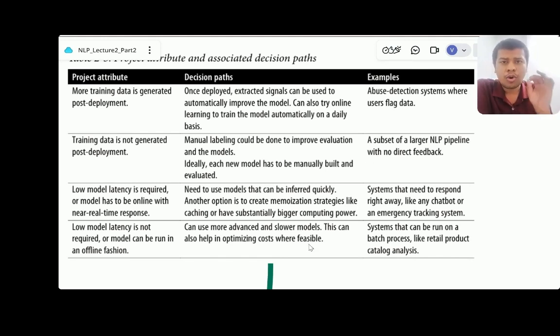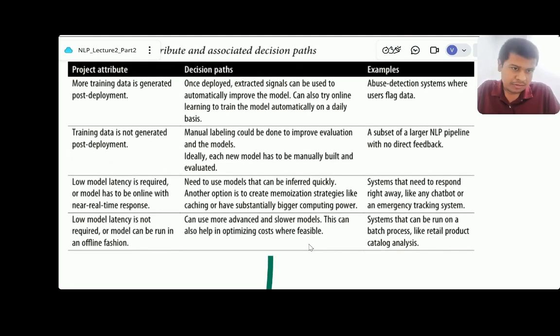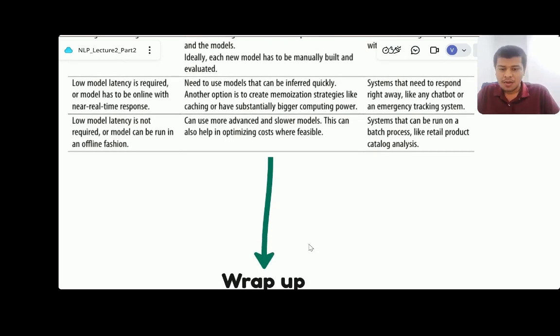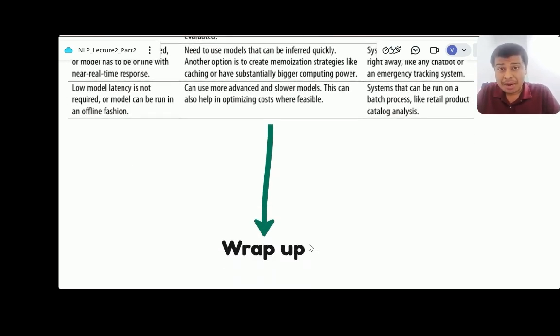I hope you understood the intuition and the whole thinking pattern for how we come up with solutions for different challenges, for different scenarios here. Those are all four scenarios. So this is the whole deployment phase. I hope you understood the industry's mindset also. So with this we wrap up the whole NLP pipeline